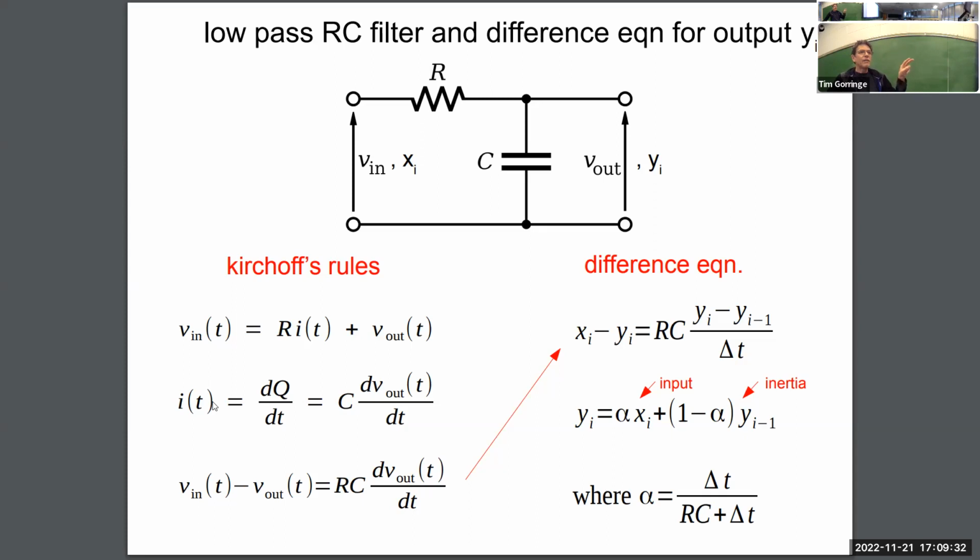So I can replace this current in Kirchhoff's rules in terms of the rate at which the voltage on the capacitor is changing. If I do that, I've built this little ordinary differential equation that relates the input voltage, the output voltage, and the circuit elements, the resistor and the capacitor. So it's this equation that I'm going to use to build